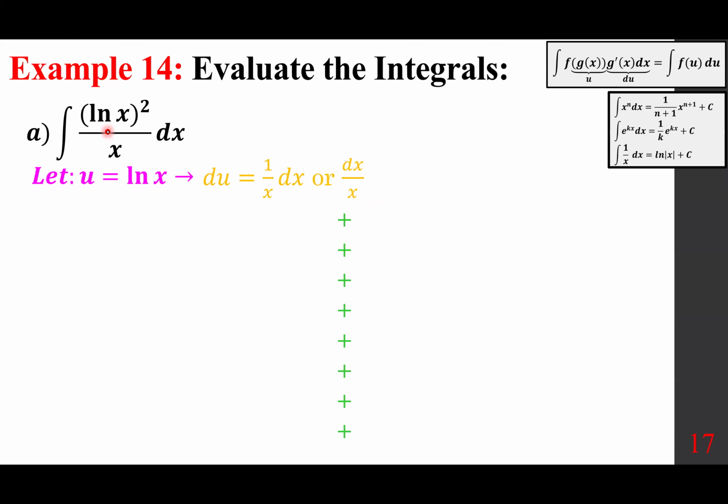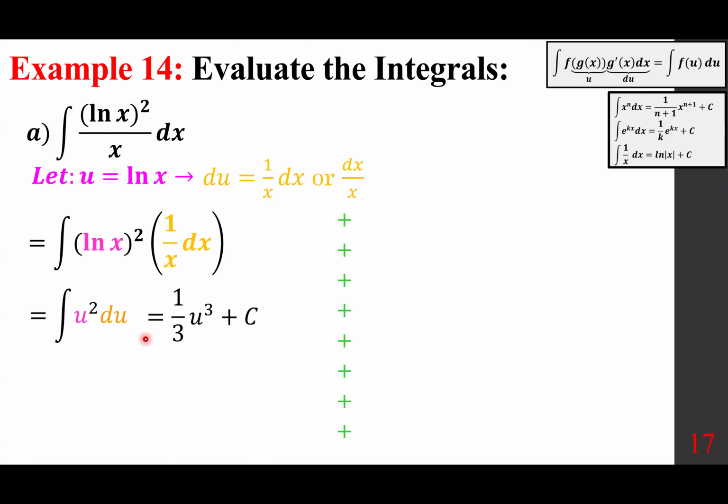I'm going to rewrite this into ln x to the power of 2 times the parentheses 1 over x dx. So I'm going to separate the u and du. This is u squared, this is du. Again, writing it in this fashion is for the sake of making sure everybody can read the u and du there, which is 1/3 u cubed and a constant, and replace it. You get 1/3 ln x to the third power plus a constant. And this means ln x times ln x 3 times. So it's important to know